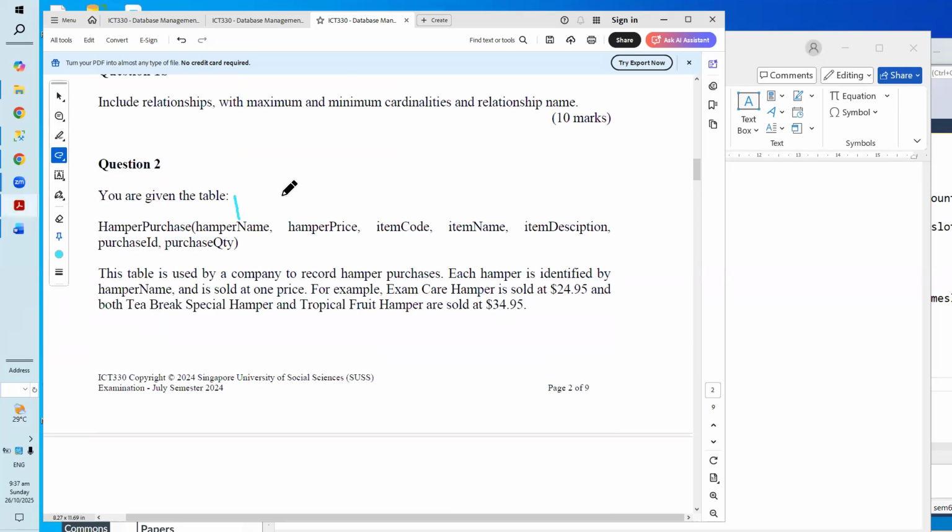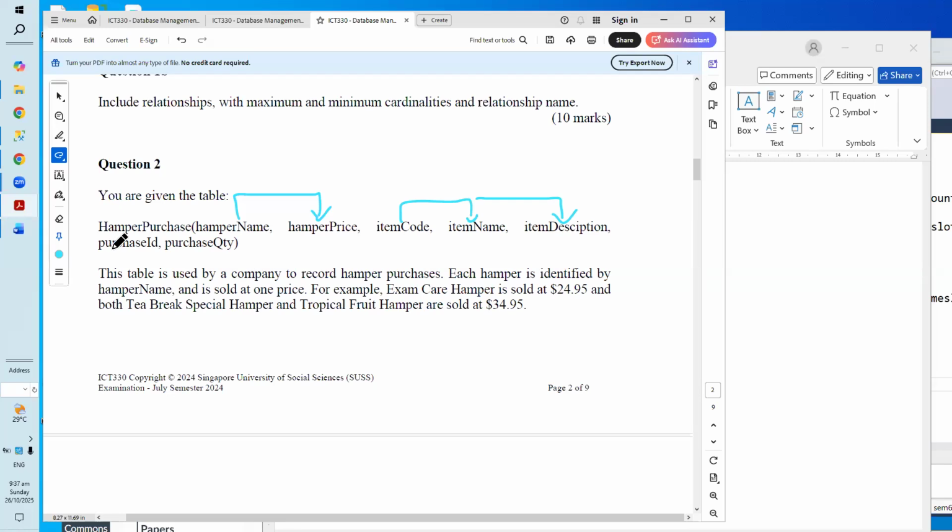So hamper name will determine the hamper price. But there can be a lot of items. That item code can determine the item name and item description. Typical. And then purchase will determine